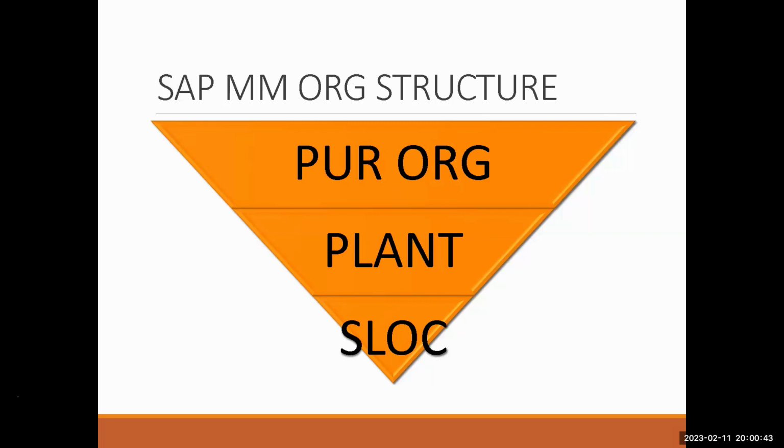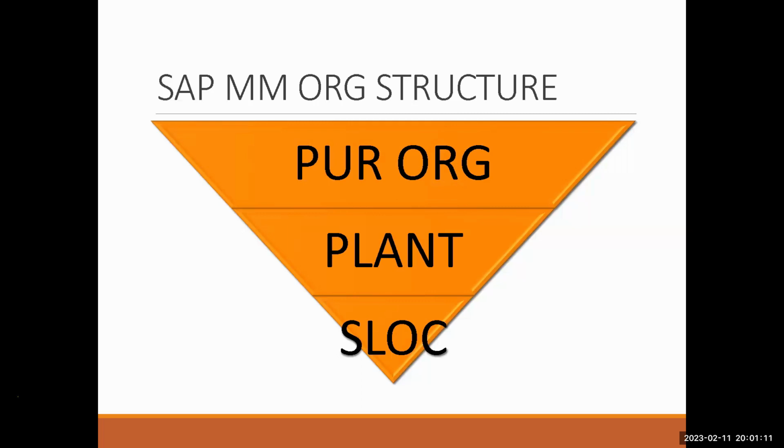We will not have much information from the storage location level, like how the material is getting stored or how it is getting out of the storage location. Those kinds of details we will not get in SAP MM, right? So for that, storage location is our lowest organization structure. We have the purchasing organization as the top level because all of the activity will happen under